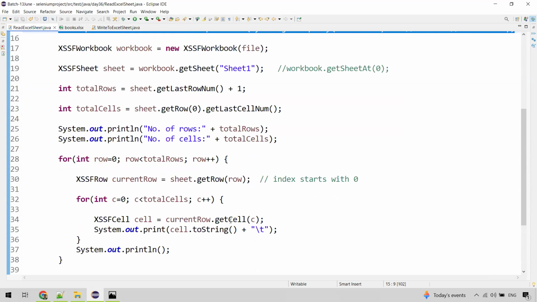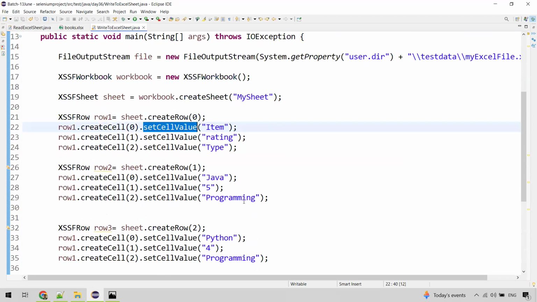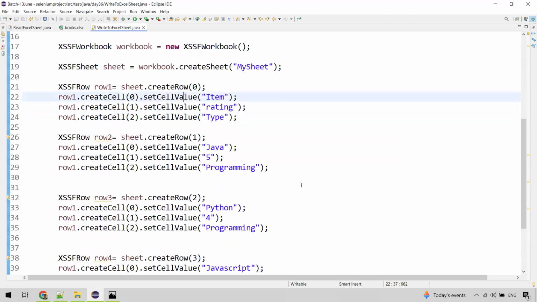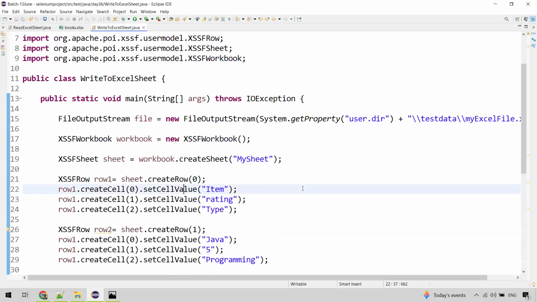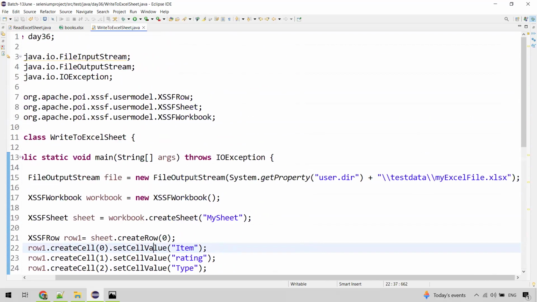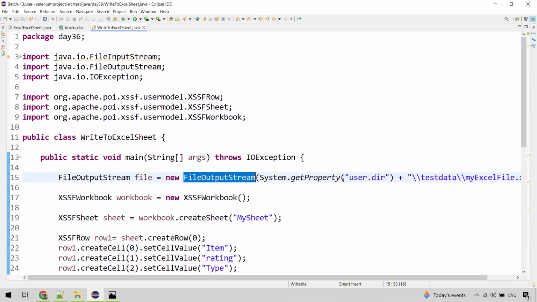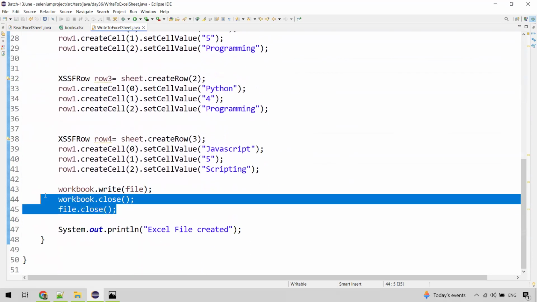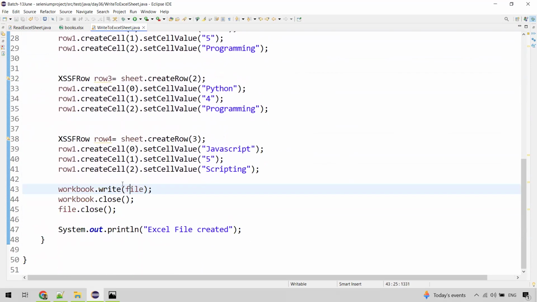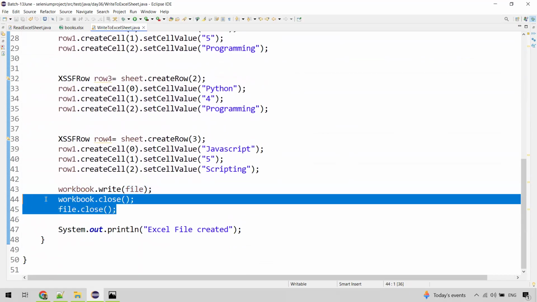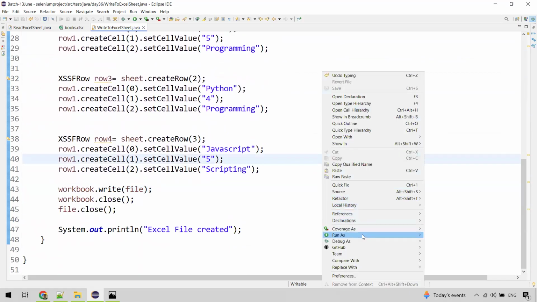So we used get cell there, right? In the same way, we are using set cell value. That's it. And we use file output stream because we wanted to open the file in write mode. And finally, we need to write the workbook using the write method, and we'll close the workbook and file. That's all. So when we run this,